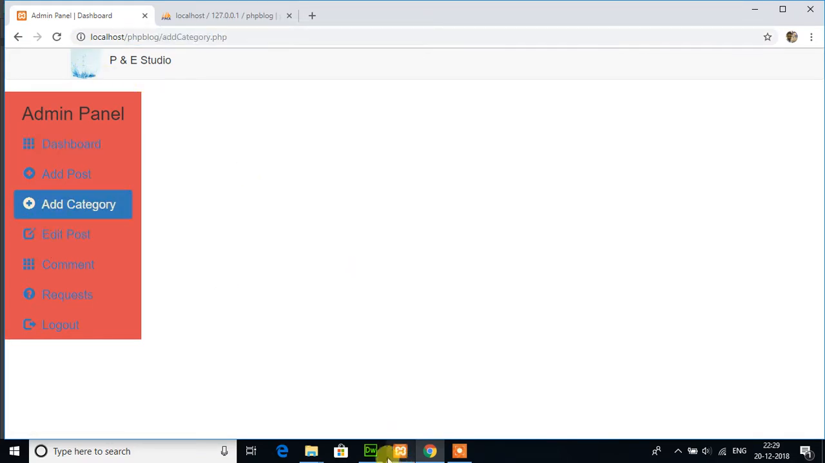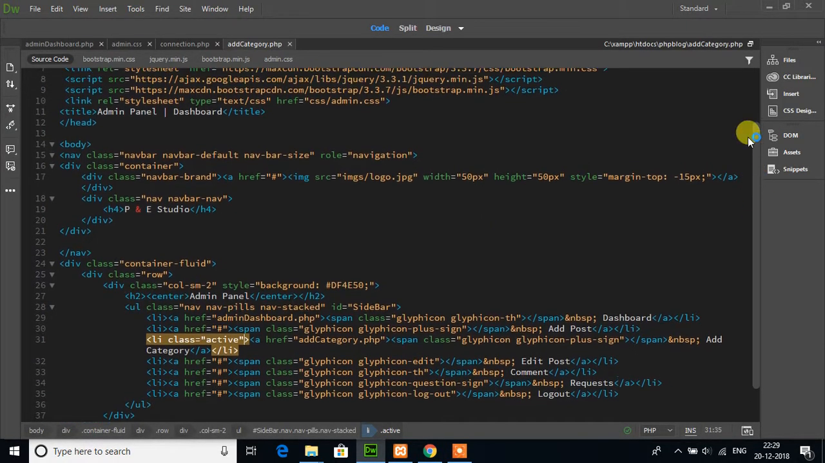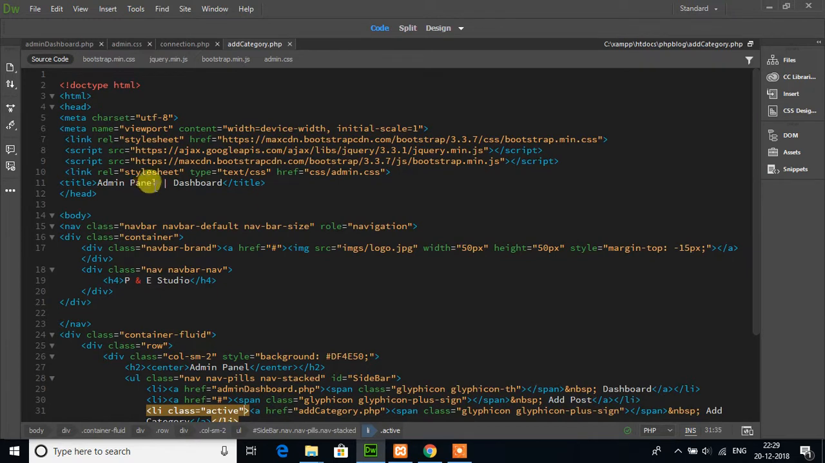Here we have to change something like admin dashboard, admin panel. We need not change that. This is add category. Save it. Now we have to include,